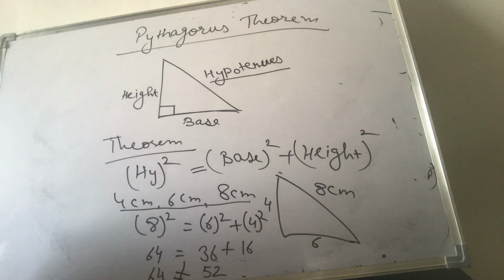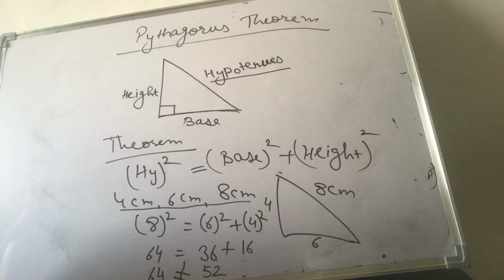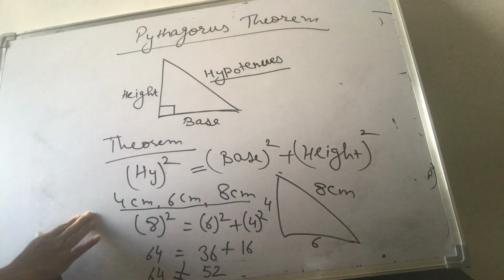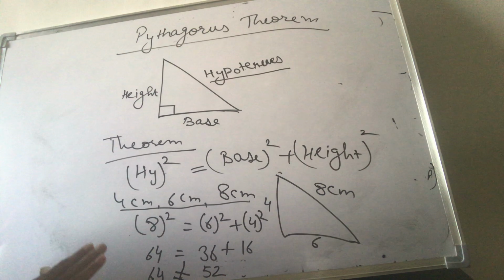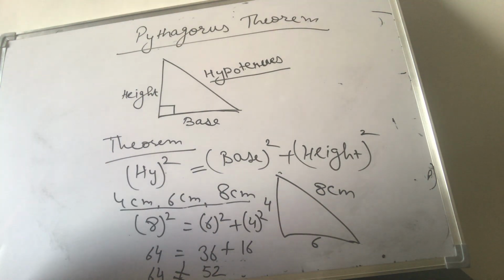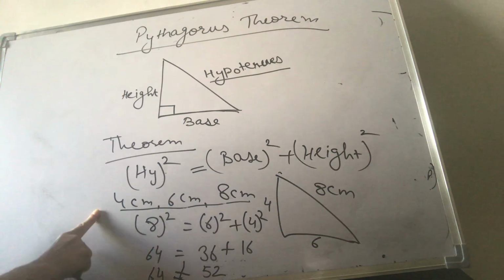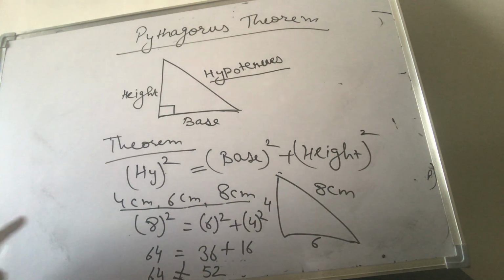I hope I am clear to everyone for this property, Pythagoras theorem. It is used only and only in a right angle triangle. Don't be confused with the property number 3 and 4. In the property, we don't have any name of the triangle. We will be simply given with the three sides, can we draw a triangle or not? And for this Pythagoras theorem, we will be given the word right angle triangle. That with these three sides, can we draw the right angle triangle or not? You have to be very, very clear for this concept that this is for right angle triangle and that was for simply drawing a triangle.